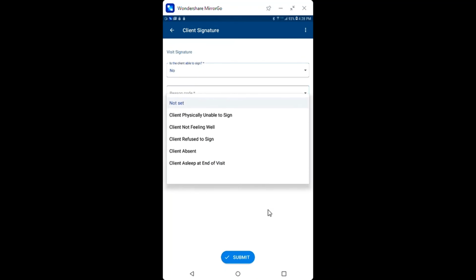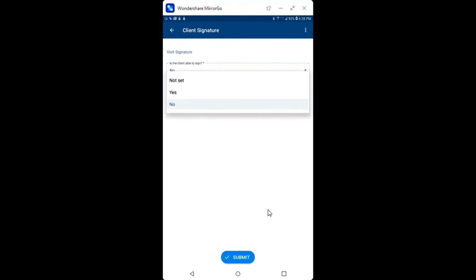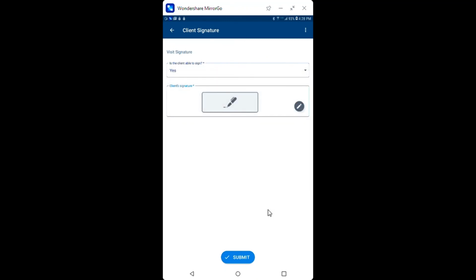If you click on the drop down, you have a couple of reasons that you can choose from. They're physically not able to sign, they're not feeling well, they refuse to sign, the client is not at home, which I hope you're not going to be putting, or the client is asleep at the end of the visit. If any of those circumstances exist, you can click on that and submit. But if we go back to an answer of yes, a signature box comes